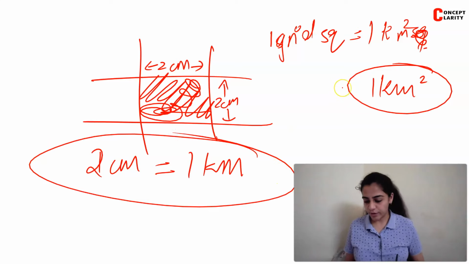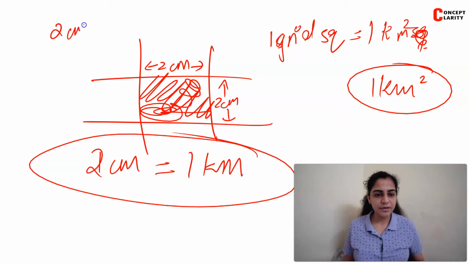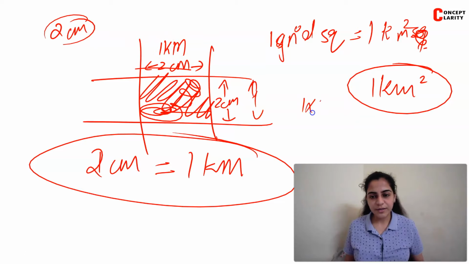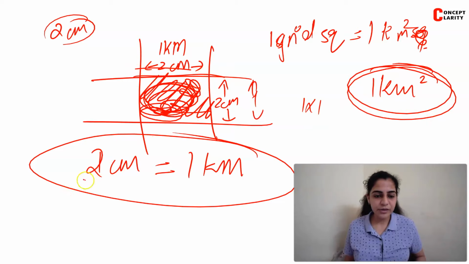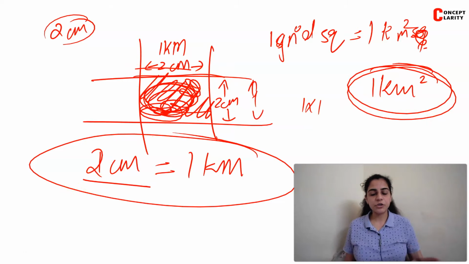And when you go for the area, the area of 1 grid square is equal to 1 kilometer square, because 2 centimeters here is equal to 1 kilometer, and in a similar way 1 kilometer, so 1 into 1 gives you 1 kilometer square. So this entire area is 1 kilometer square, and in a simple line scale you can say 2 centimeters on the map is equal to 1 kilometer on the ground. After this we have some directions.